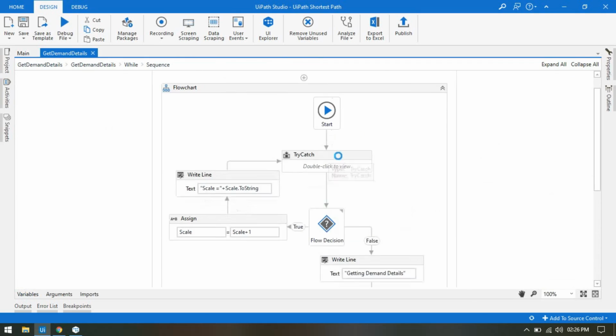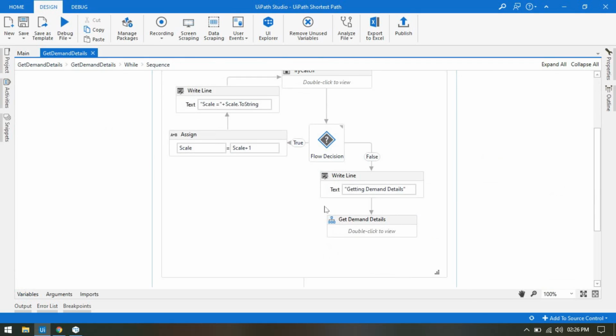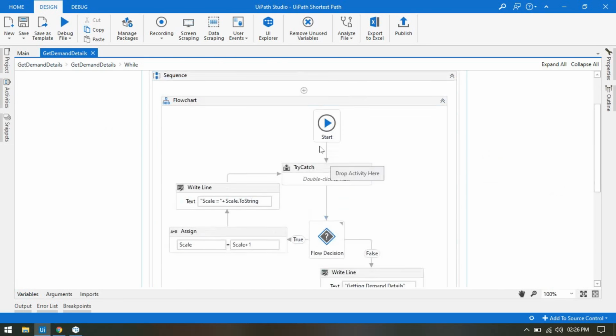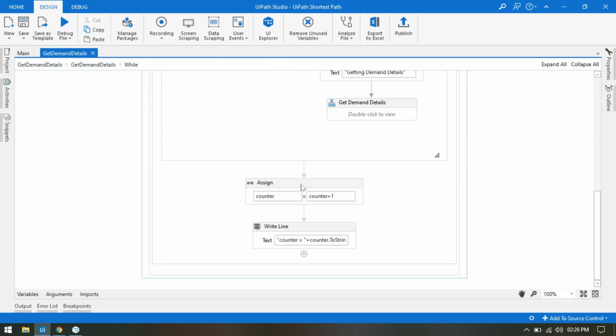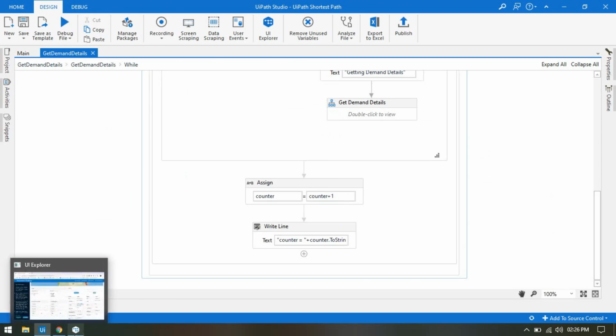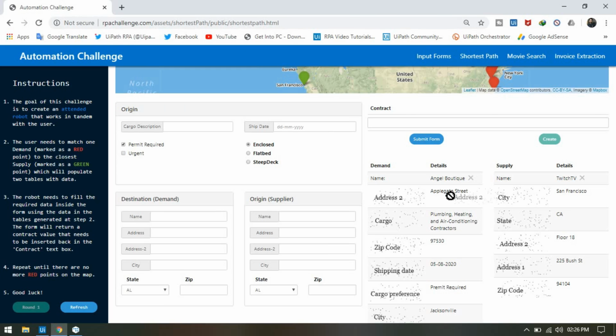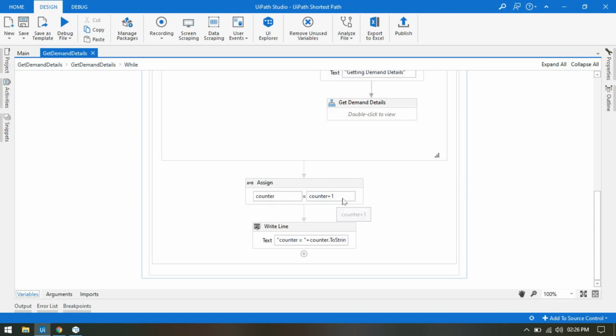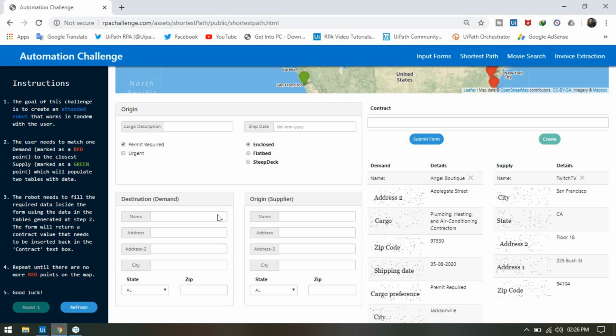Now after this we are going to increase the counter plus 1, because the first time the default counter equal to 3, because this is our third row. So if it is done with address 2, then we are increasing the counter plus 1, it means the counter will be fourth.